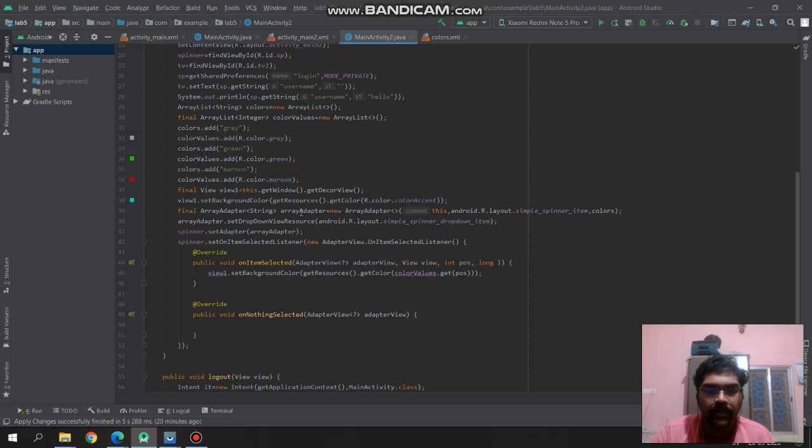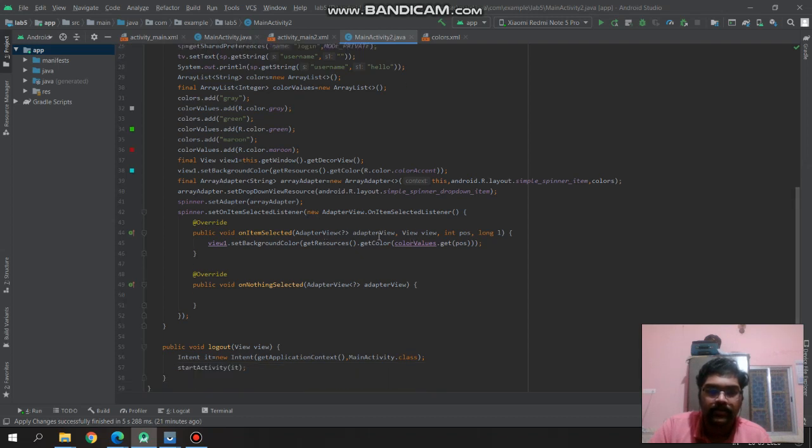Then we are calling an array adapter, and we are passing the layout for a simple spinner item and colors.xml. Then we are making a drop down resource, and again passing layout.simple_spinner_dropdown_item. Then we are setting that array adapter, and we're creating an on item selected listener for the array adapter.